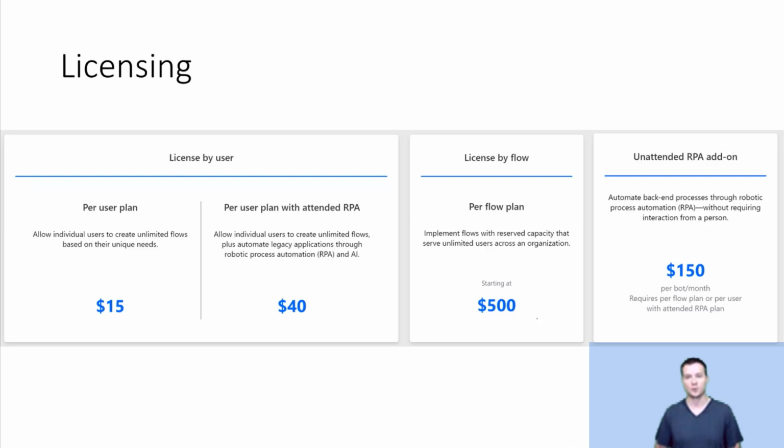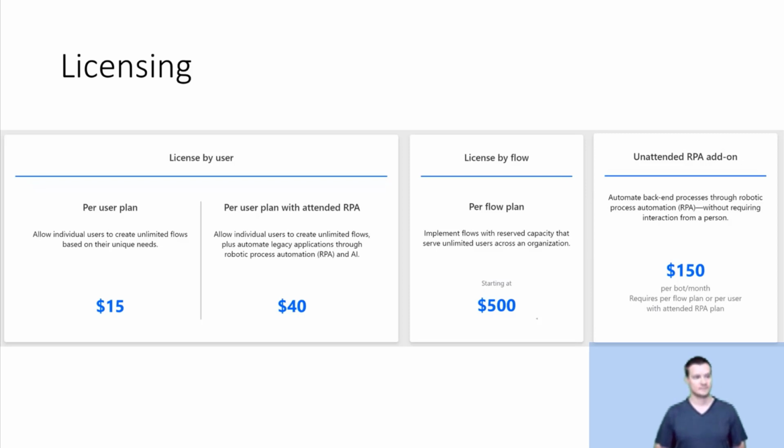So even on Windows Server, because on Windows Server we can have, I think, more than one active user session. So actually you can have one virtual machine and then have multiple RPA sessions. But even in that scenario, you need to have a separate license for each of these active sessions.